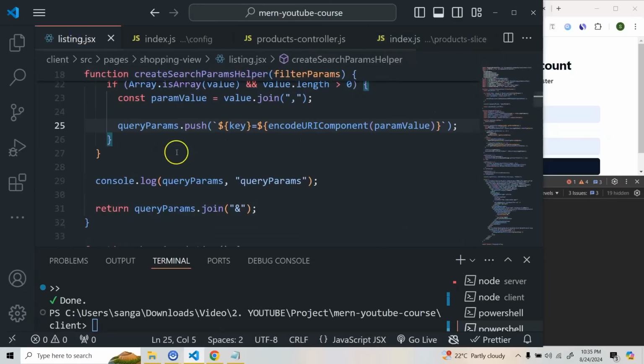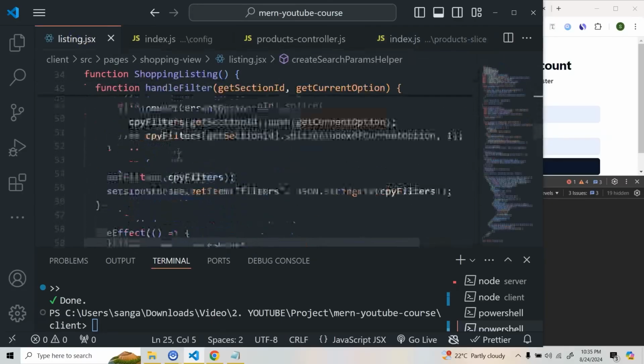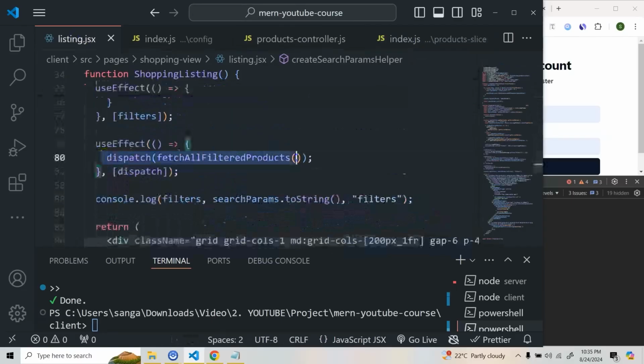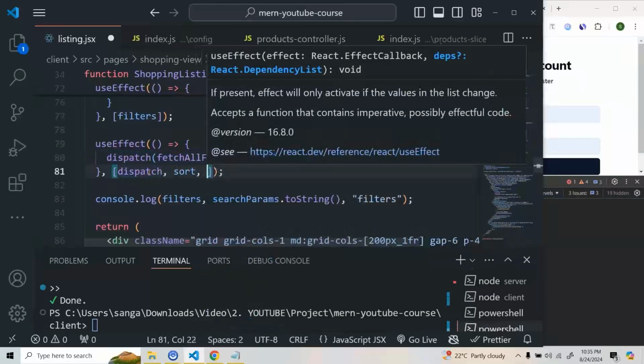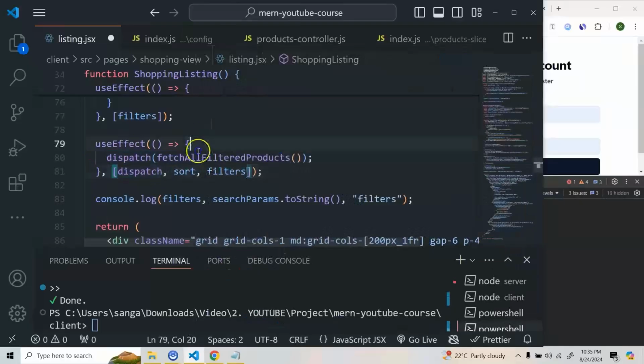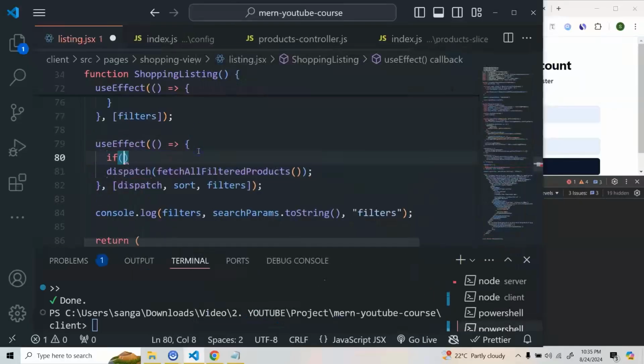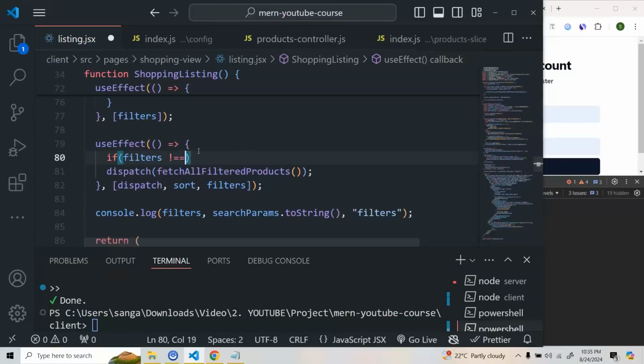So you need to go to our listing, and then what we are going to do, let's see. So we are dispatching this one, getting the list of products. What we are going to do here is also pass the sort and the filters as a dependency, and we'll do here, if this filter is not equal to null,